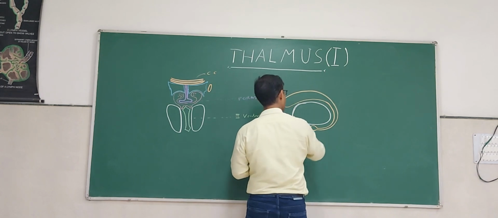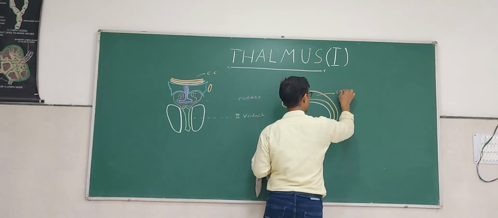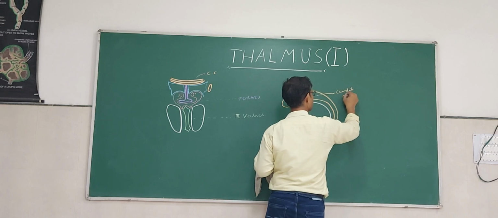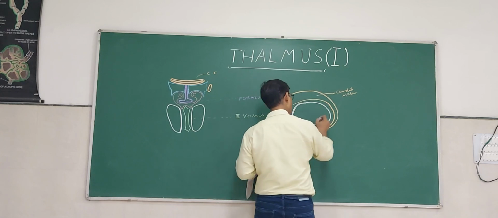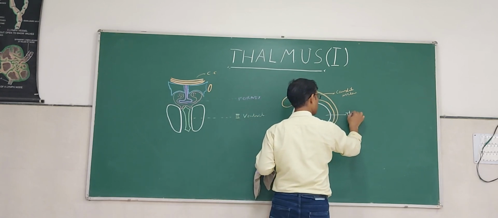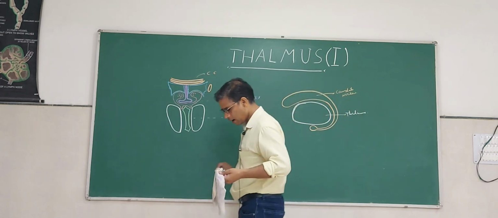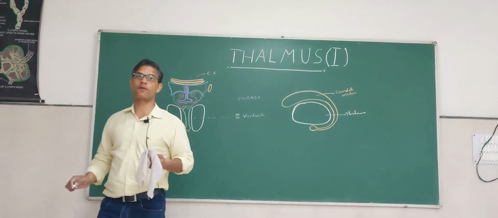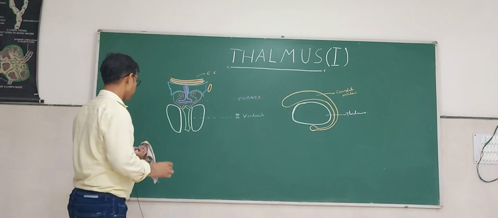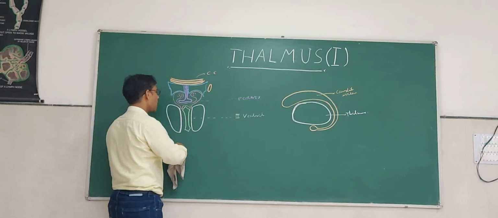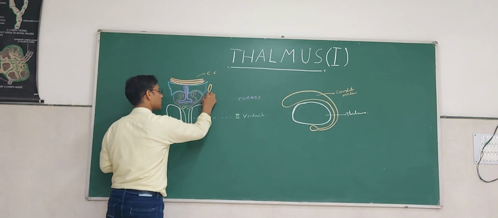Caudate nucleus. So we can write here, this is the caudate nucleus, and this embedded structure is thalamus, and we are looking at this from the third ventricle. Okay, so here is the caudate nucleus, but not only the caudate nucleus, the stria terminalis, a part of the stria is here,